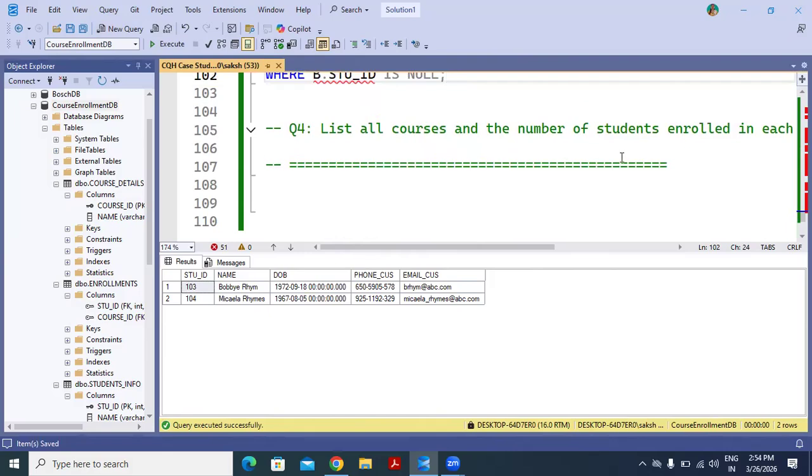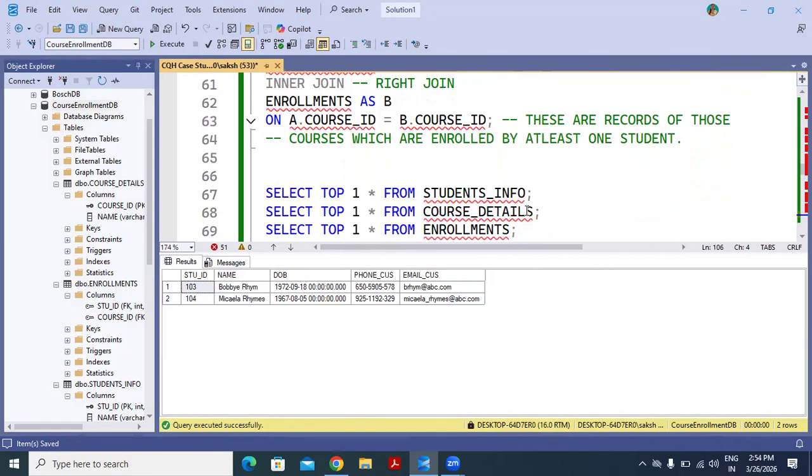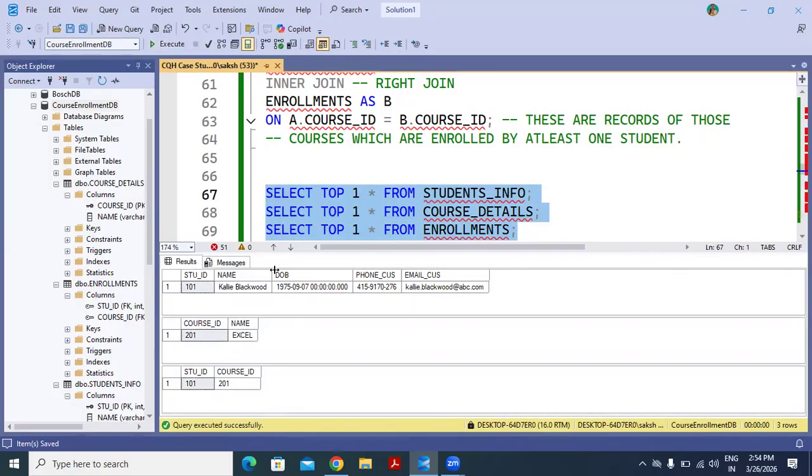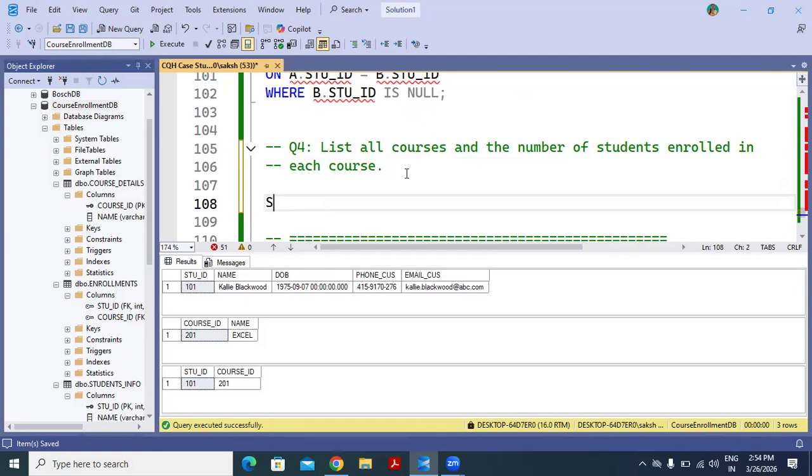Now the next question, let's see. List all the courses and the number of students enrolled in each course. Let's try to see the syntax. Now we have to list all the courses. So we need this table, second table, and the students enrolled. So for that we have the third table. So let's try to join the second table and the third table.